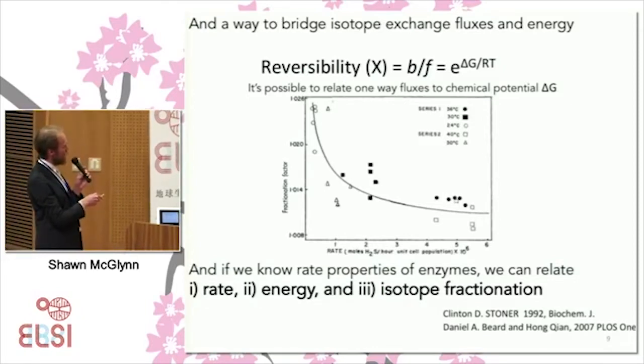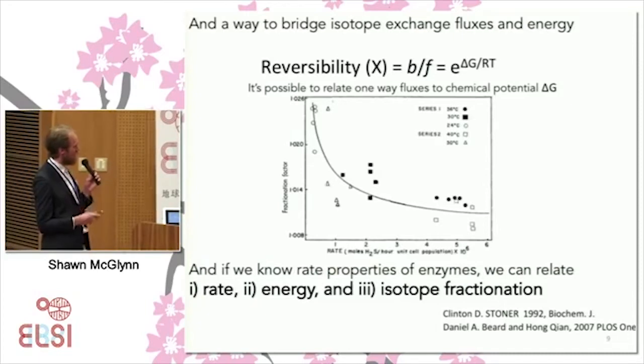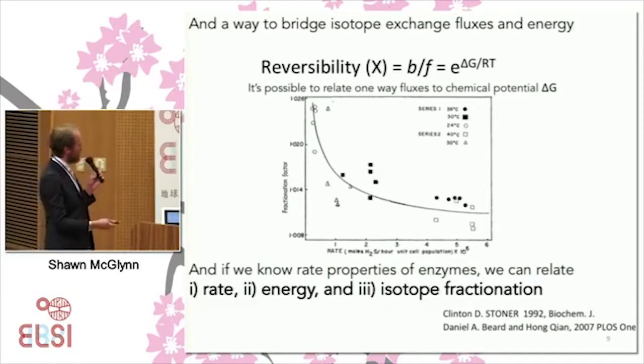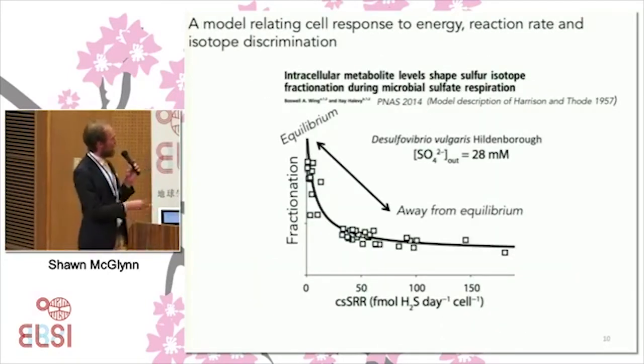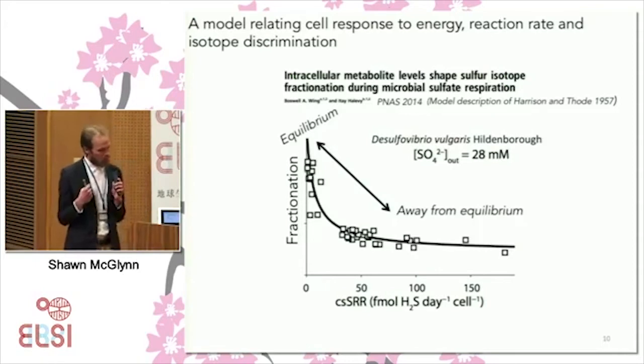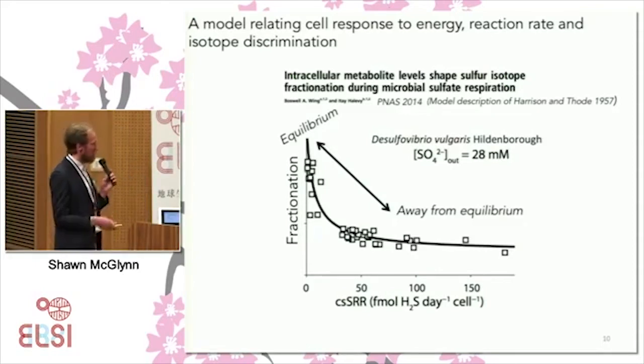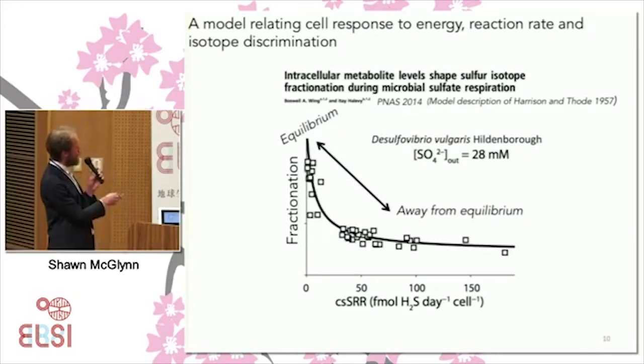These folks were trying to relate reversibility of a chemical process to isotope backflux and the force, or the chemical potential, of a given reaction. And so this knowledge of being able to relate the chemical potential of a reaction to the backflux, which is related to isotope exchange, was employed by Boswing and Yamei Li in a 2014 paper where they were able to put a line on this data by building a model.